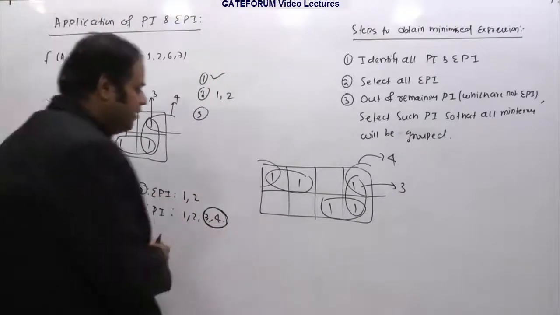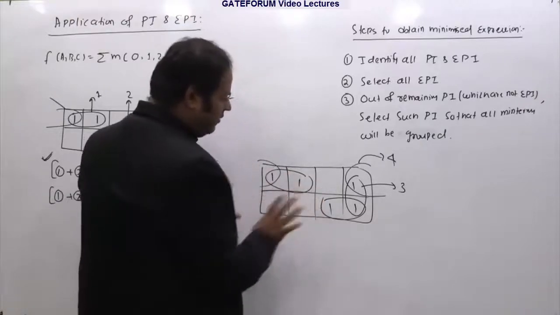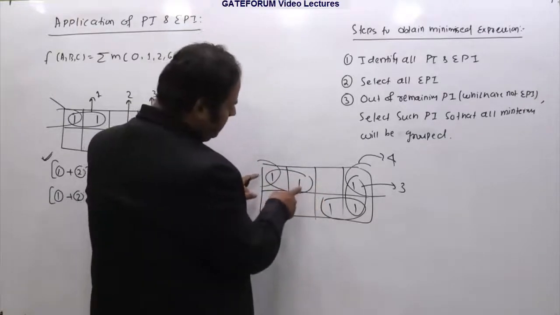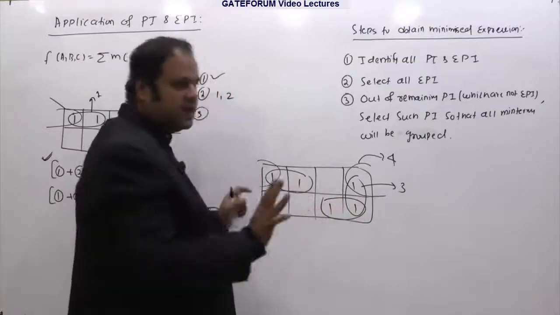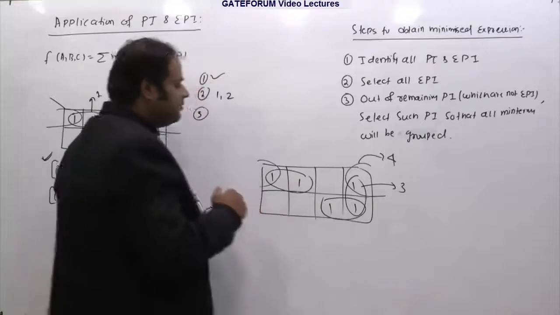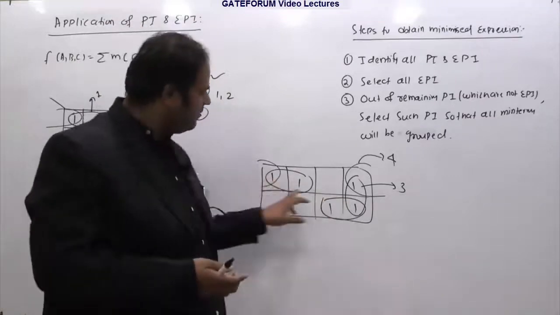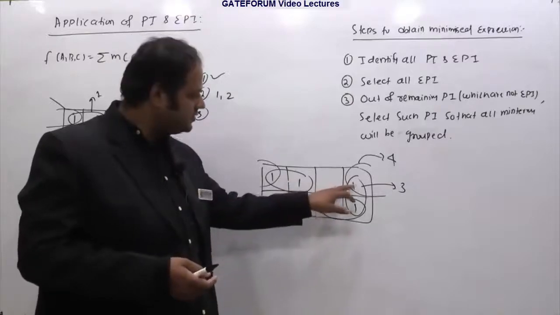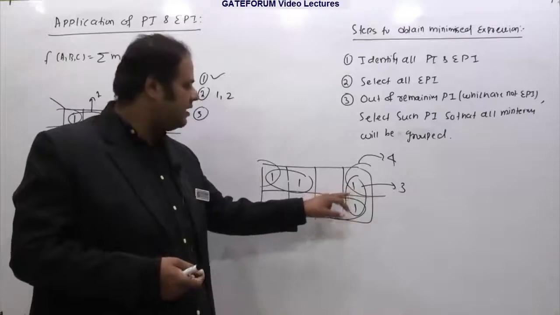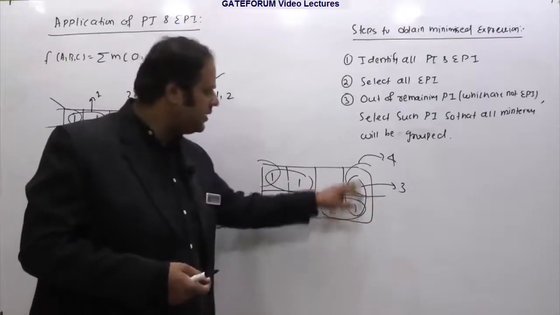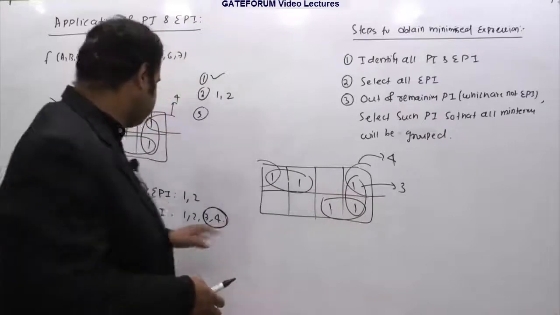So it makes sense. Once I cover group 1 and 2, then my target is 2. If you see, there are a total of 5 minterms. If I am grouping group number 1 and group number 2, already 4 are covered. In any K-map, to obtain the minimized expression, my need is to cover all the minterms. So out of 5, already 4 are covered by these two groups. So I am left with this single minterm, right? And this single minterm can be covered in two possible ways, either by taking group number 4 or by taking group number 3. So that's what it says.